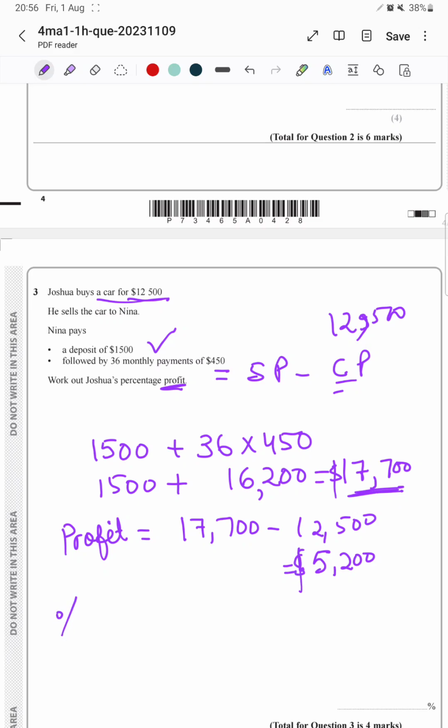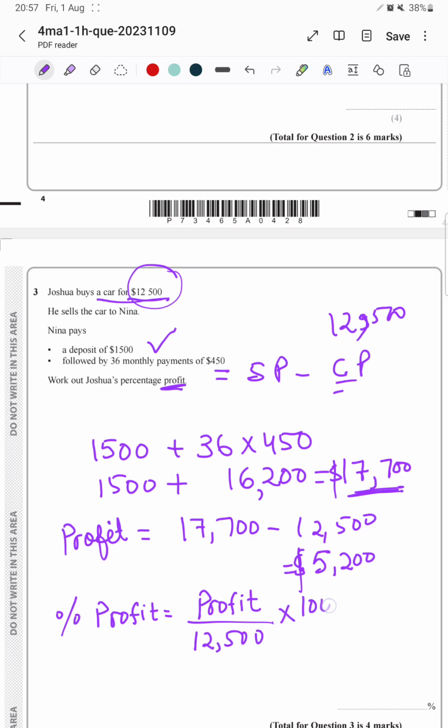Now we have to find out the profit percentage. That is equivalent to whatever profit we got, out of the cost price. Always remember, in the denominator it is the cost price. So that is 12,500, and for percentage we need to times by 100. When you solve it, you will be getting it as